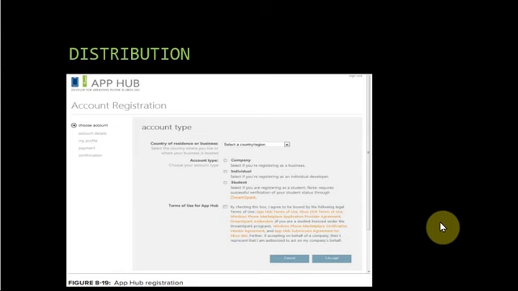Okay. So to distribute applications in the App Hub, first of all we must have a developer account. As we said when speaking about Android, the same thing applies here also. If you want to distribute your application, first of all you have to create a developer account.